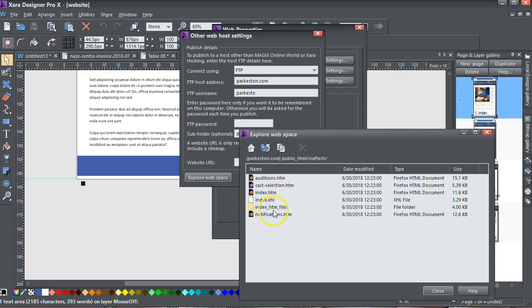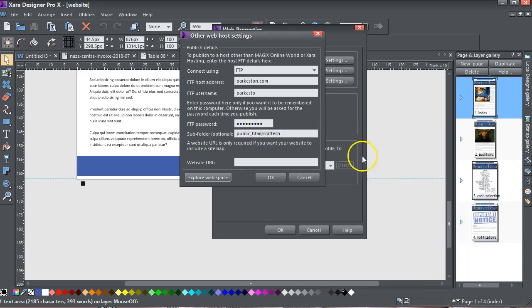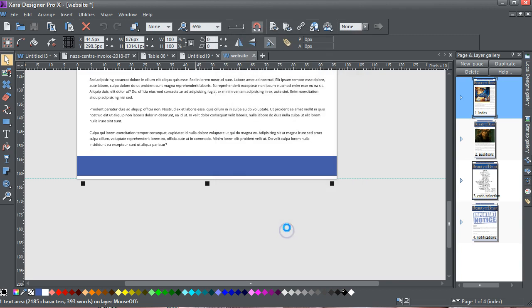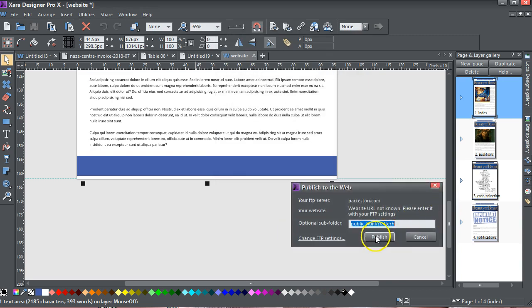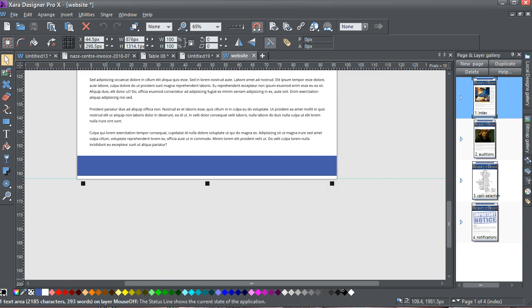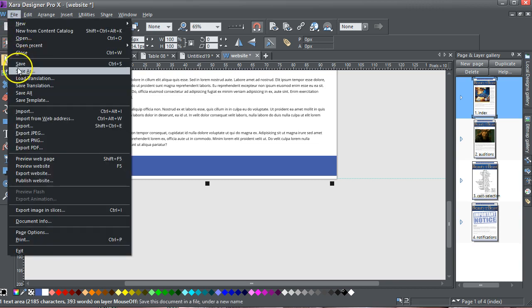pages, the index underscore htm underscore files folder, and this index xhl. I'll just close that. OK. So we've done that, and then I can hit the publish button. I'm not going to publish it at the moment because I've already published it, but if I hit that publish, that's fine. Next thing you need to do is go File, Save,